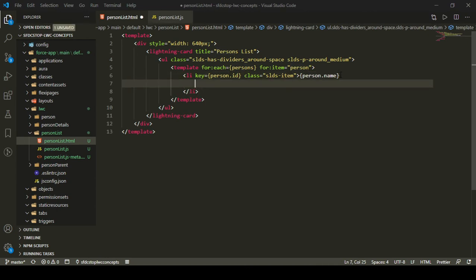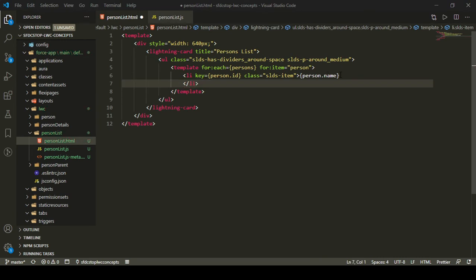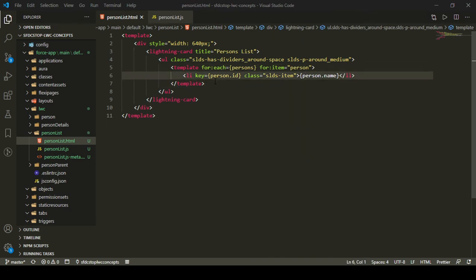So it doesn't matter how many tags you have inside this, you don't need to specify a key for each and every tag. But for the parent tag, or I can say the tag which is directly following your template, you have to specify a key for that, and if that key is unique, that's well and good. So that's a best practice, to keep your key unique, otherwise you may run into problems. We have seen one kind of problem when we were working on our to-do list component as well. But yeah, you should have a unique key for the tag which is just after your iterator, right? So this is how you can iterate a list of items.